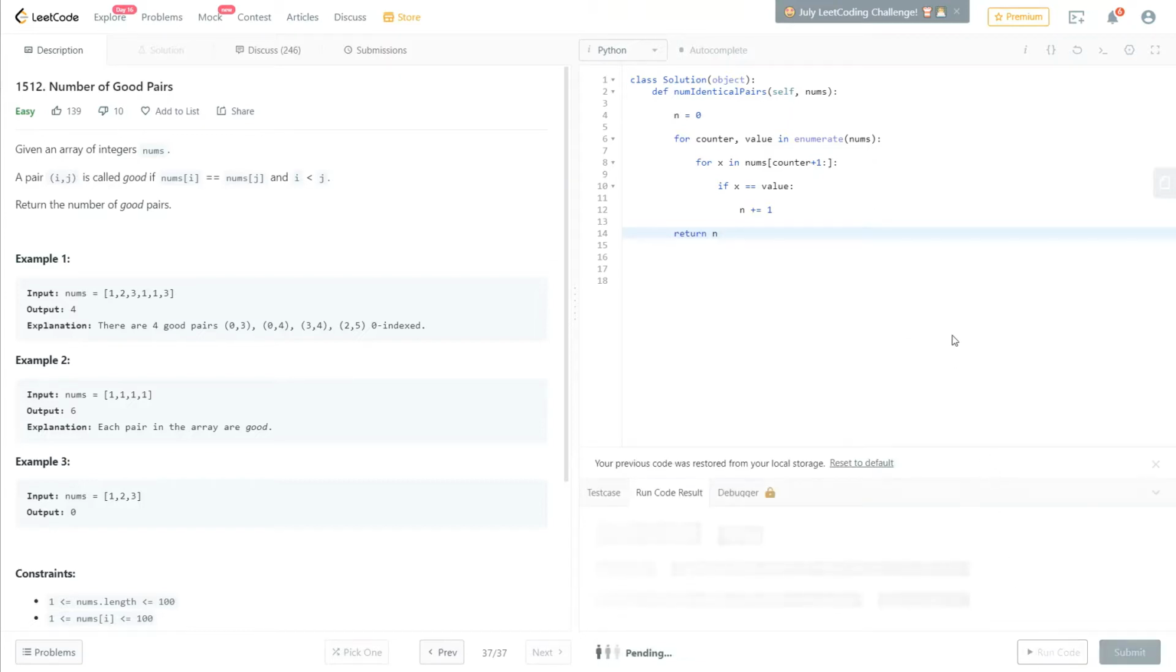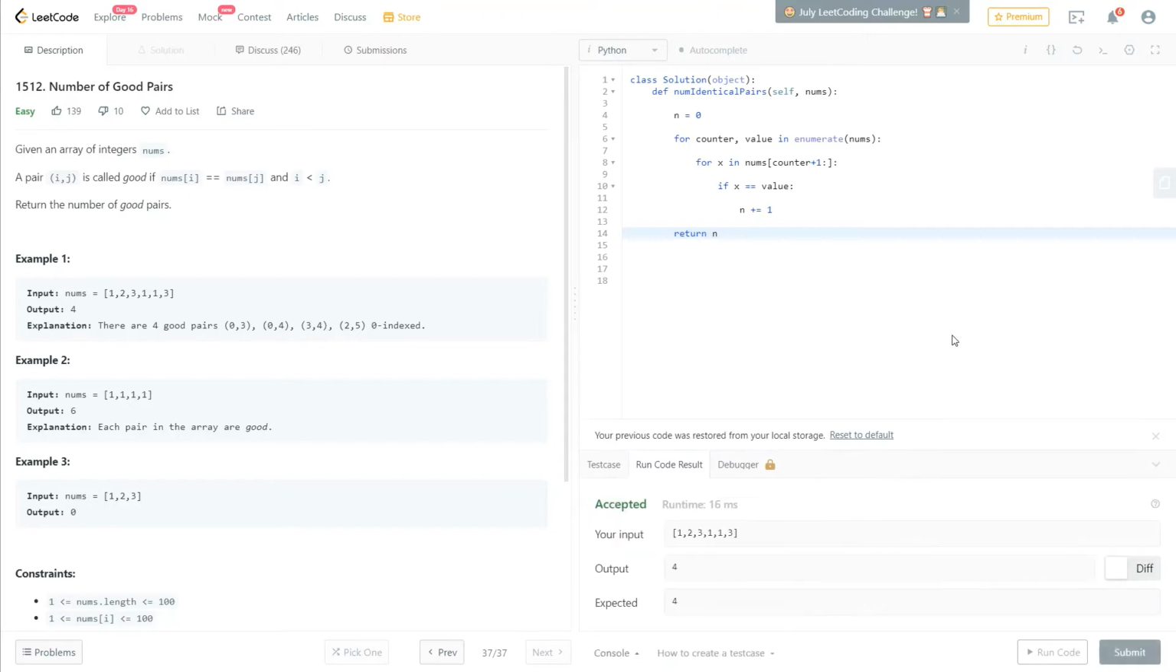We run the code and we see it worked. Let's submit,